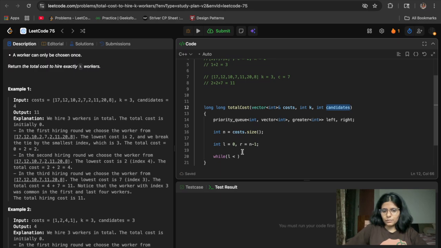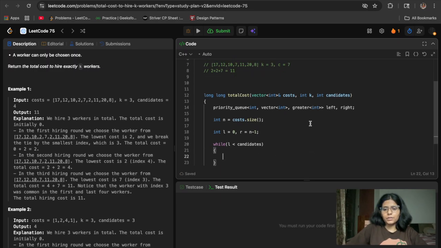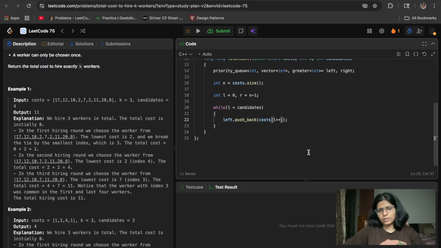I will add those candidates to the left queue. So left.push(cost[L]), then L++. Basically I take the cost of the L-th worker and go ahead, and then the same for the right one. But here I will add one more condition.